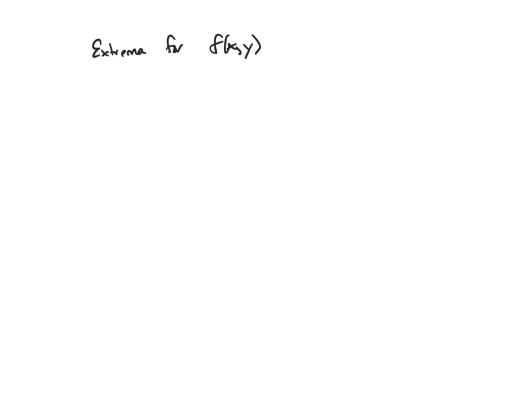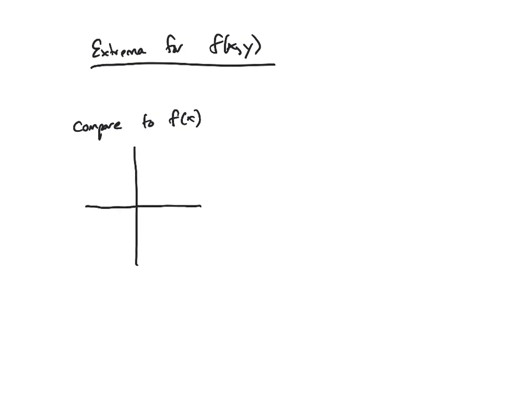This video is designed to be watched after you've already studied extrema and also Lagrange multipliers. So the first thing I want to mention here is that when we're talking about extrema for functions of two variables, in other words 3D surfaces, there is a comparison we can make to Calc 1, where we are studying functions of one variable. So for example, if I'm looking at a function such as this,